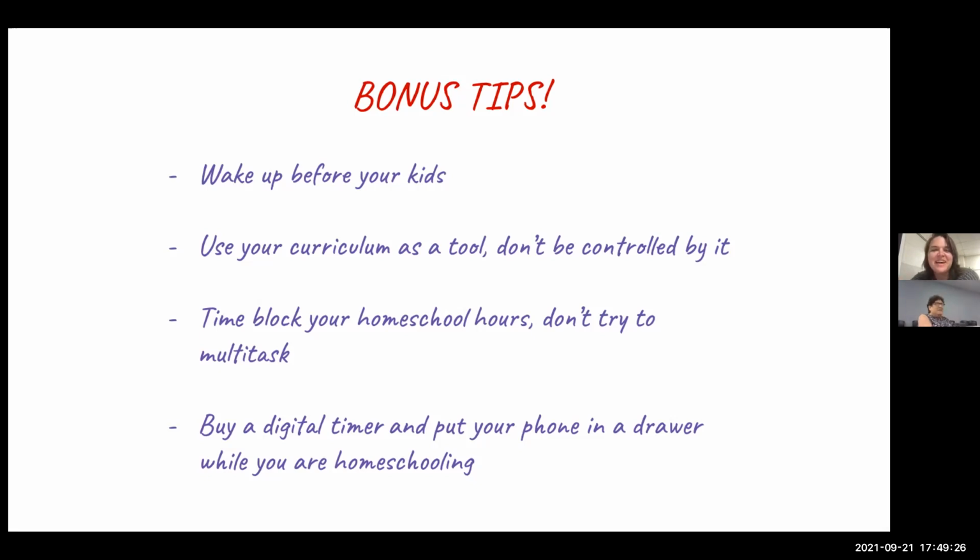These are new. Okay. So one is wake up before your kids. Like if you feel like you have this under control, or it doesn't matter, your kids want to wake up at 5 a.m. and do their schoolwork while you're still sleeping or something, like you're in a different situation than me. But as a younger homeschool mom, I read this on a blog or something and I was like, oh,